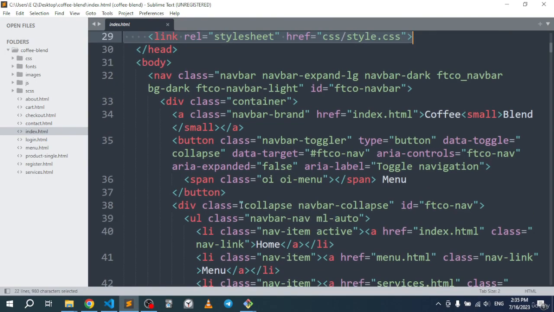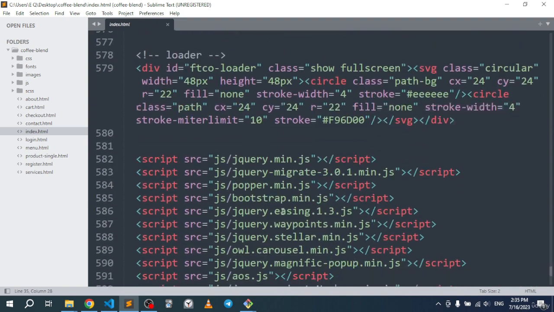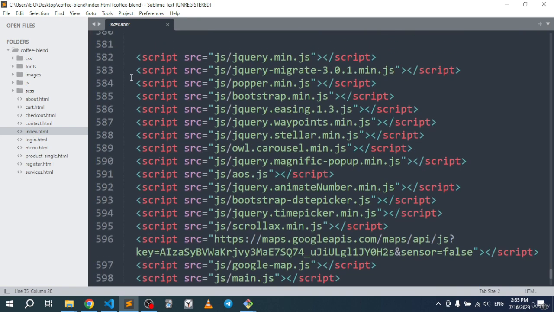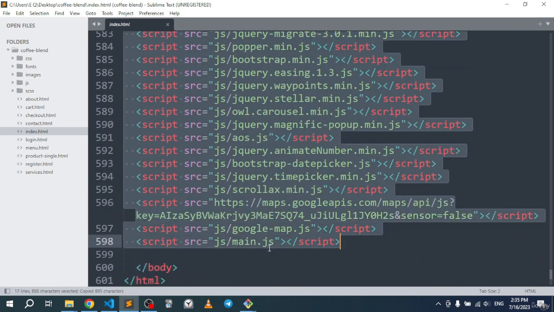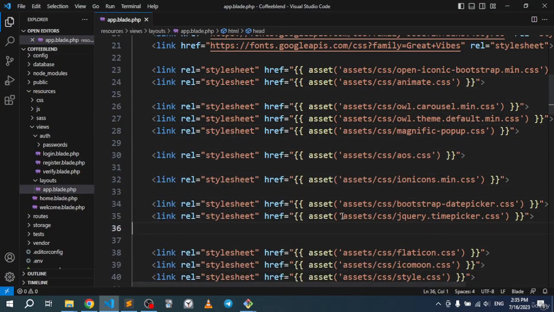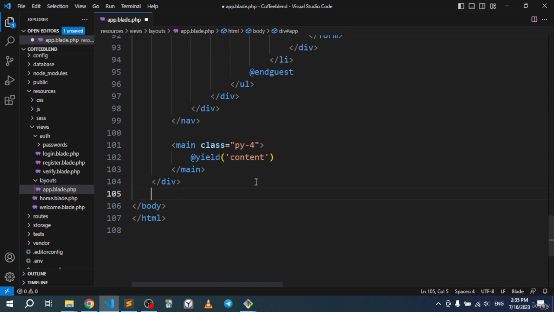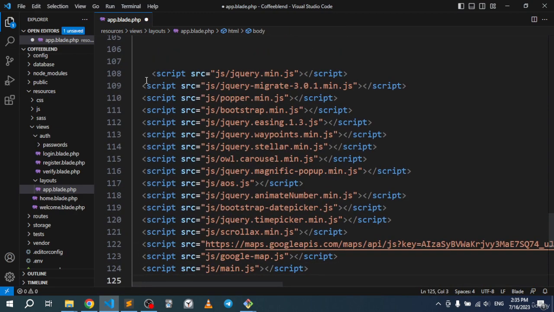Let me now go ahead right at the bottom. Let me grab my JavaScript files because we will have some. We actually have a lot of them. So as you can see, let's copy those. Let's go down at the bottom right there after this div, let's paste those in, and we're simply gonna do